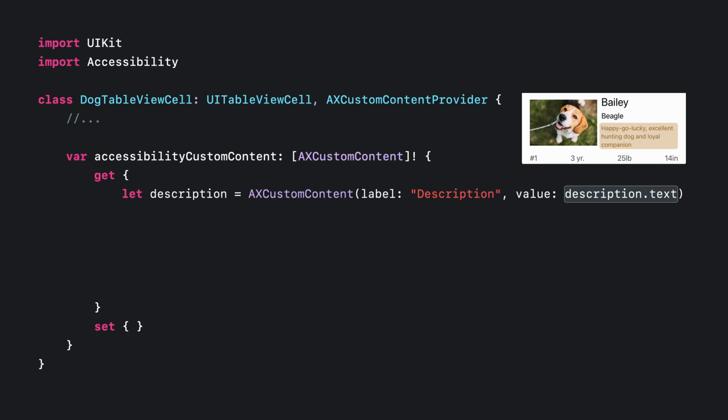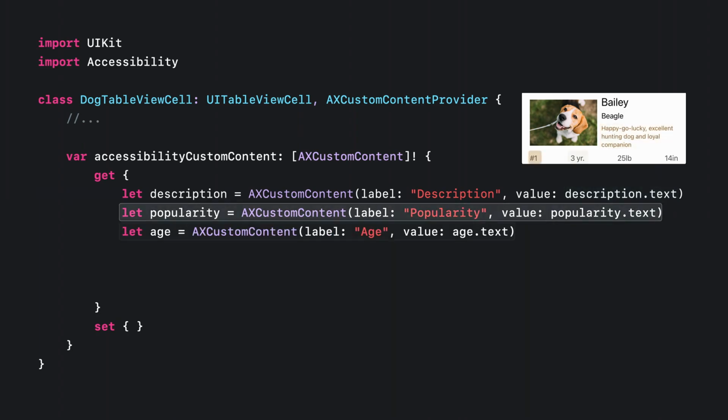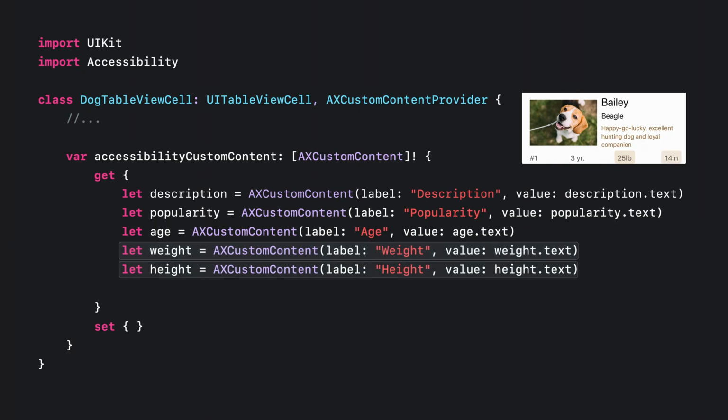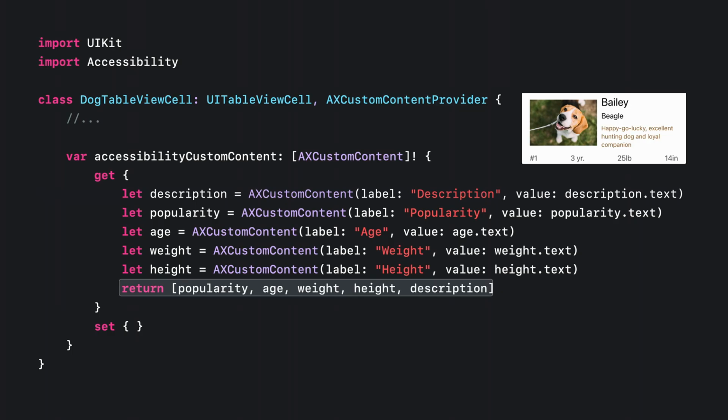We then also create AXCustomContent objects for popularity, age, weight, and height as well. We then return an array of all these AXCustomContent objects in the order you want VoiceOver to present them to your user. Now, let's see how the VoiceOver experience has improved after implementing the AXCustomContentProvider protocol on our table view